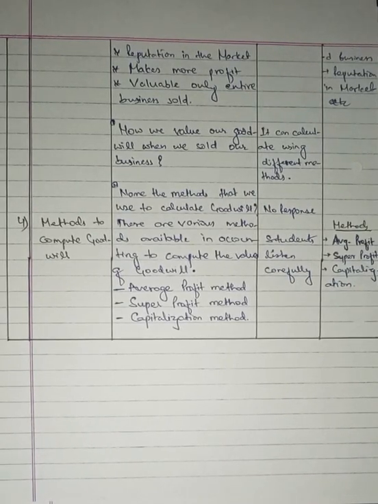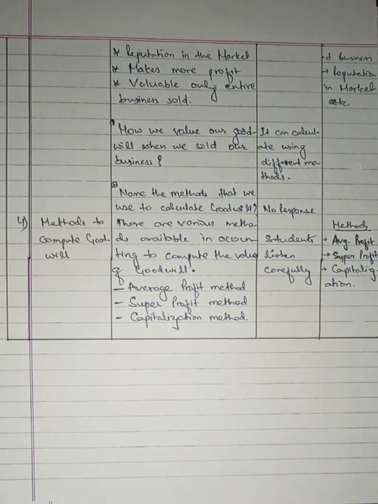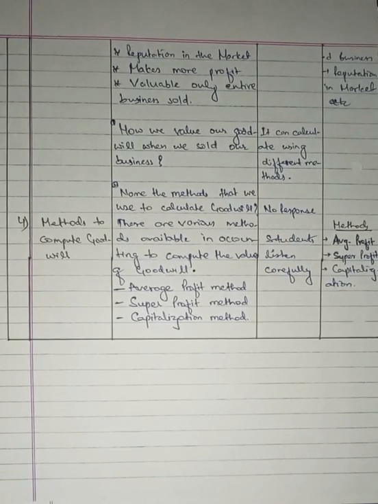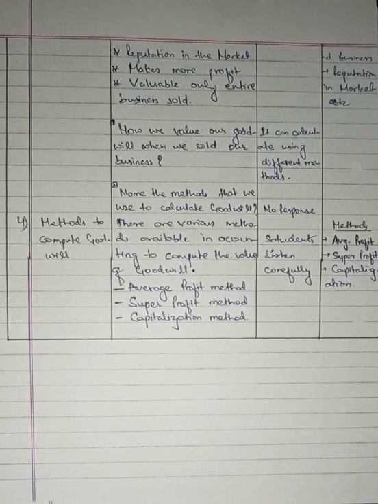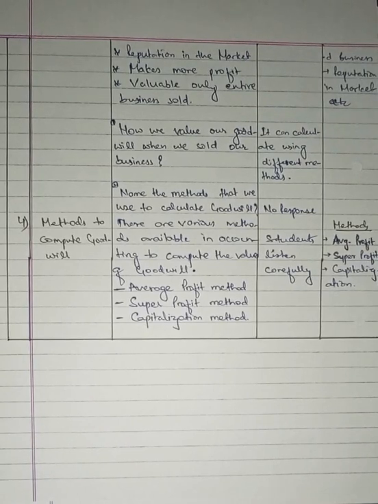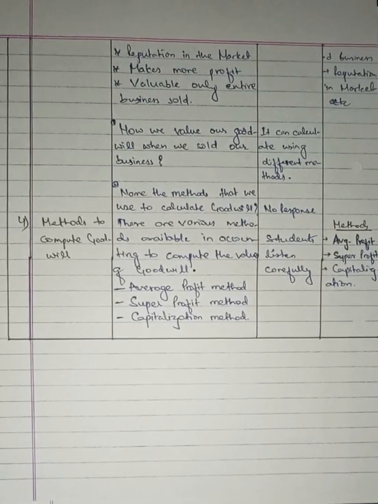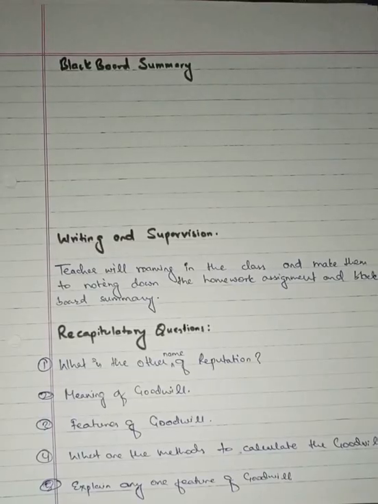The next question is, name the methods that we use to calculate goodwill. There is no response from the student side, and the methods to compute goodwill are average profit method, super profit method, capitalization method. Students are listening carefully, and we have to conclude it in the conclusion section: average profit, super profit, capitalization. So after the presentation